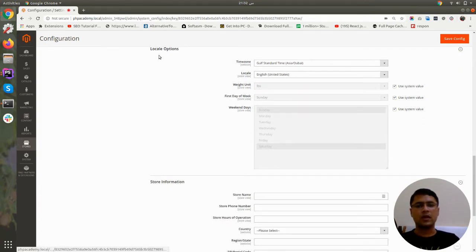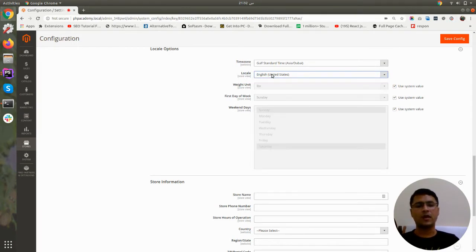So here you can set the locale, which means you can set the time zone of your country, depending on which country you are working for. Suppose you are working for Dubai, you can select the Gulf time zone. If you are Indian, you can select based on that. And here you can select your default language.